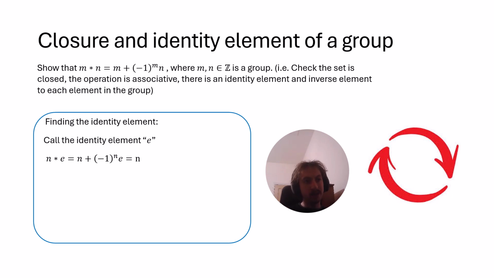And the only way this is going to work for all integers n, so for all members of our set, is if the identity element is 0. You know, it won't always be, and definitely in the case of multiplication the identity element is not 0,